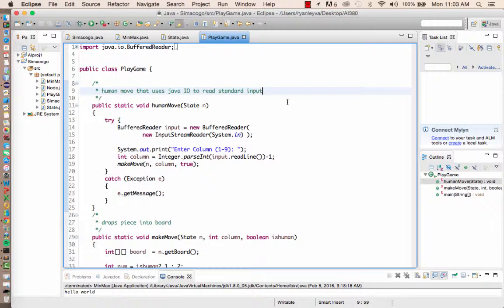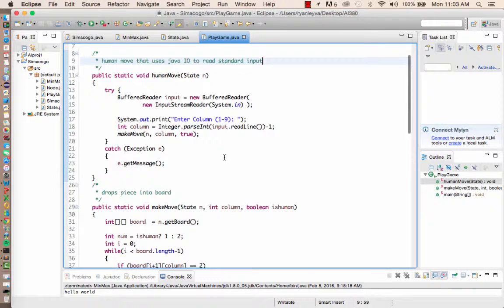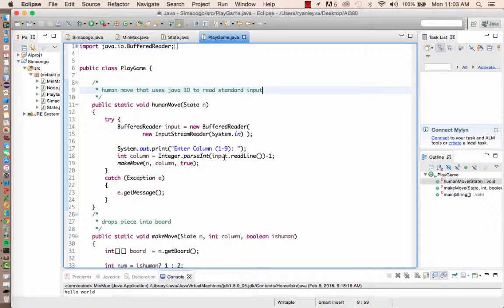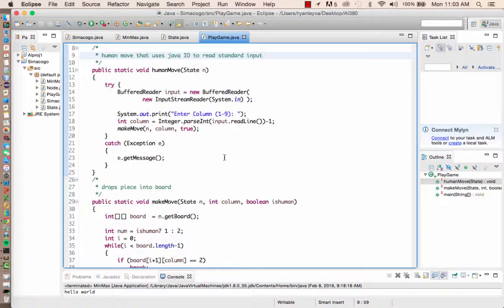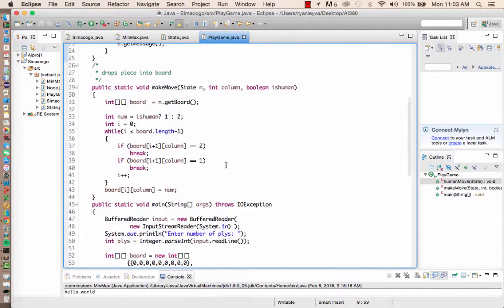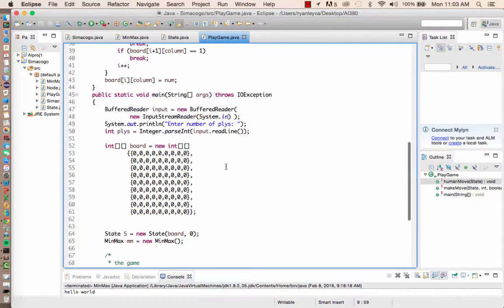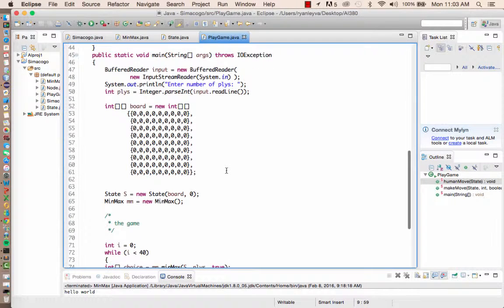Okay, finally I have my main class, which is called play game, and I have some static methods in here. One's for the human to move, which just uses the Java IO library to get the standard input from the human, and then it has another static method called make move, which drops the piece into the board. And then in my main method, I use the buffer reader again, so the user can input the number of